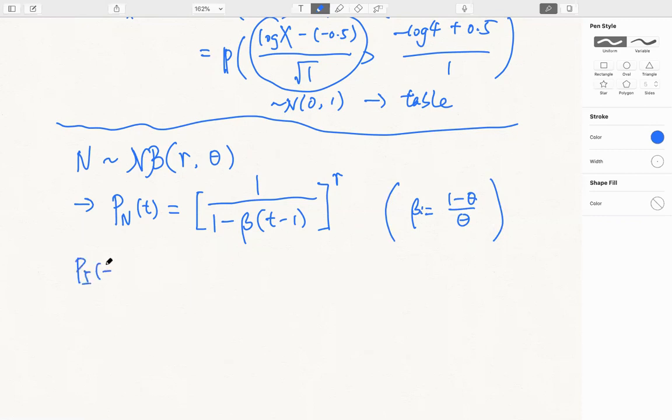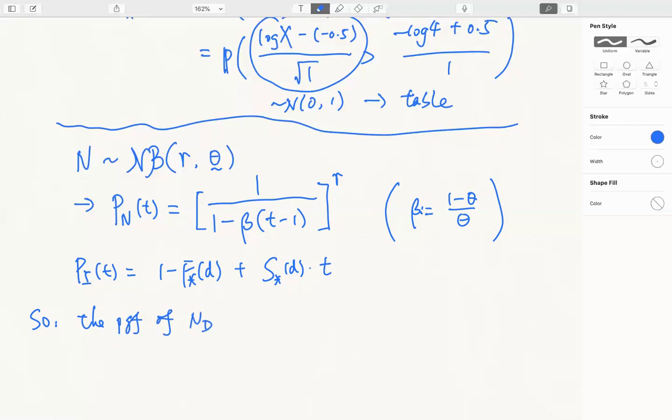I shouldn't use theta anymore because we have the theta from the second parameter. So let's keep the CDF and survival function, which won't cause us any confusion in notation. So the PGF of N_D will be,